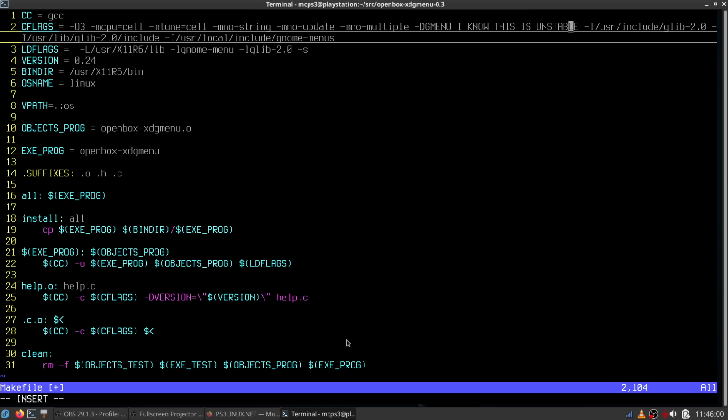Basically what this tells the compiler is the type of architecture that it's building for, with the -mcpu and the -mtune options. And these other three options, -mno-string, -mno-update, and -mno-multiple. What those do, those are very low level control instructions. What they do is they tell the compiler